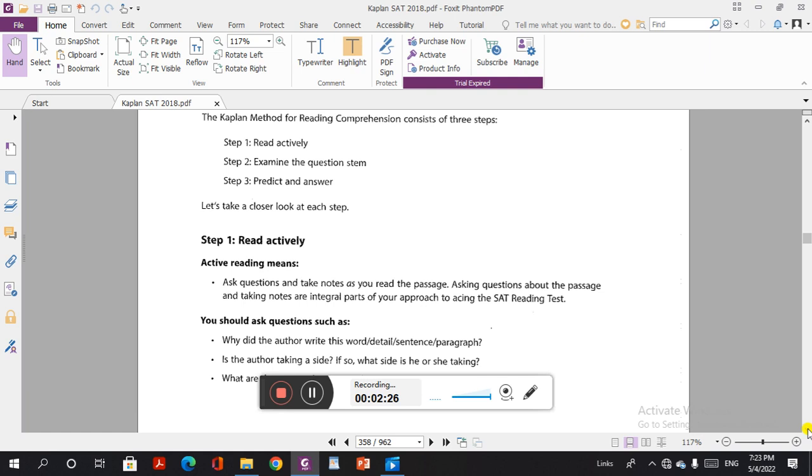Really? Should I follow steps, mister? Yes, exactly. You have to do this. So step 1, you have to read actively. Really? So I have to read, mister, and understand what's going on in the passage? Yes, 100% understanding of the passage. I'm not going to say 100% of all the information, all characters, all points. No. 100% understanding what the purpose is,